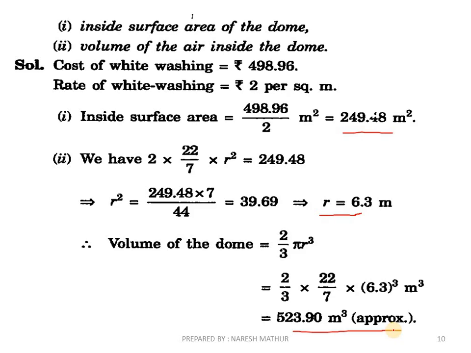Alright, we usually use the term approx in mensuration because we don't have the exact value, because we know that pi is already an irrational number, or it also depends on how many digits we are taking after decimals. So we always take a rounded value, so we always write approx with an answer.